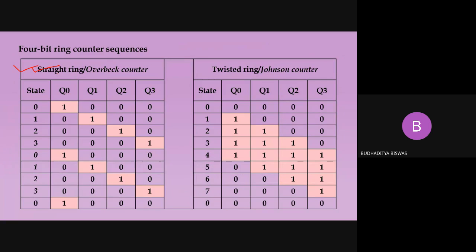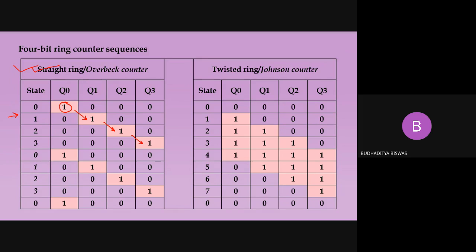This is the state ring, or simply the ring counter. Here you see after I store a 1 inside this one, then this is the first one, and in the next clock pulse, this is nothing but the clock pulse number. State 0, 1, 2 means it's nothing but the clock pulse number. So when the next clock pulse arrives, the 1 is shifted from the first position Q0 to Q1, because Q0 is connected to D1. That's why it is shifted like this. In the next clock pulse, the 1 is shifted to this position, and in the next clock pulse, it is shifted to the next position.